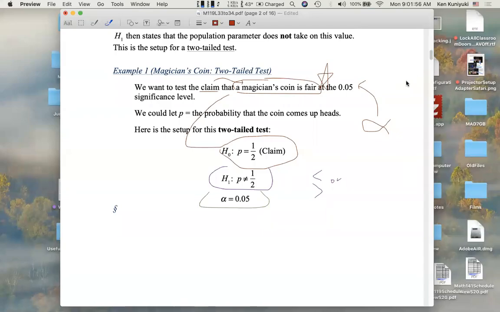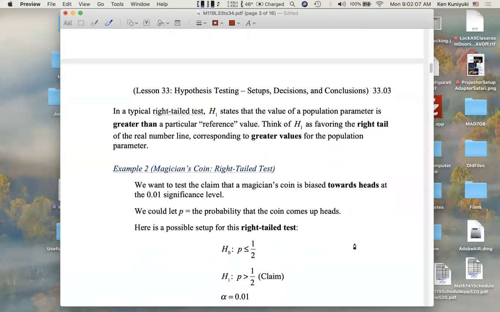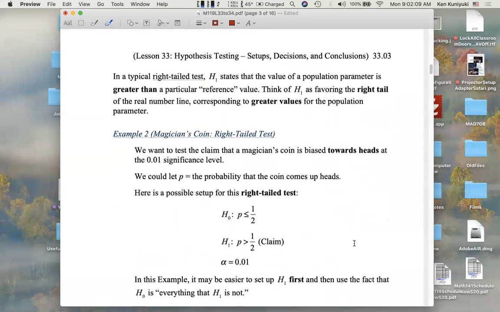Hi, everyone. We've talked about two-tailed tests here in the context of the magician's coin. Let's continue with the magician's coin and now talk about right-tailed tests and left-tailed tests. So in a typical right-tailed test, the alternative hypothesis, bear in mind that the tails correspond to the alternative hypothesis,